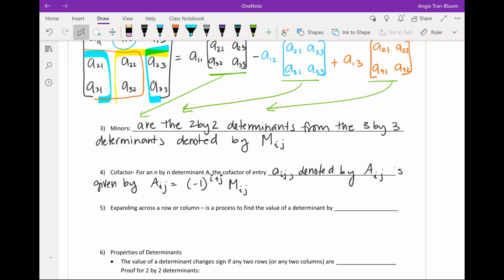So we know the minors are those 2 by 2s, okay? Now the cofactors are these. This is one cofactor. This is another one, and this is another one. So we have 3 cofactors here. And can you guys see how the signs switch? We started with a positive, and then we went to a negative cofactor, and then back to positive. And here's why the sign is switching. Can you see that there's a -1 in here, and it's being raised to i plus